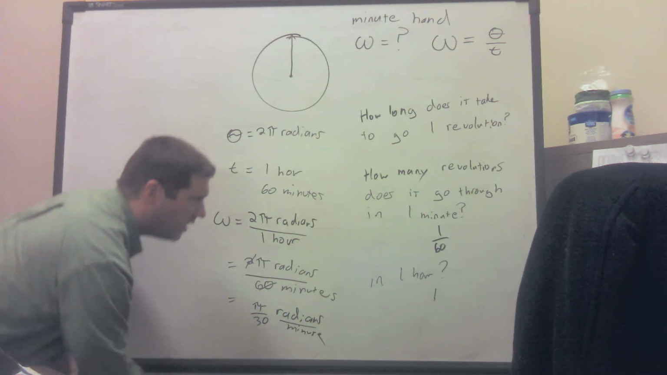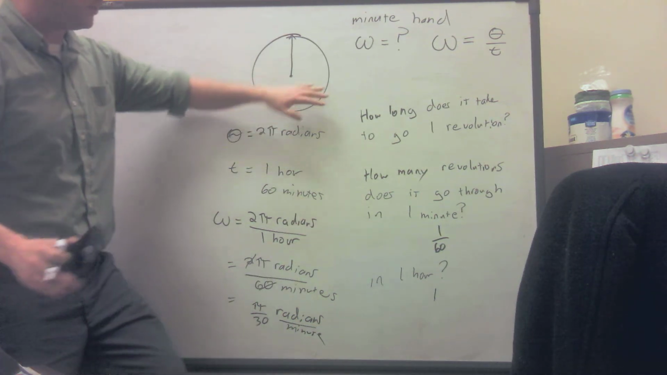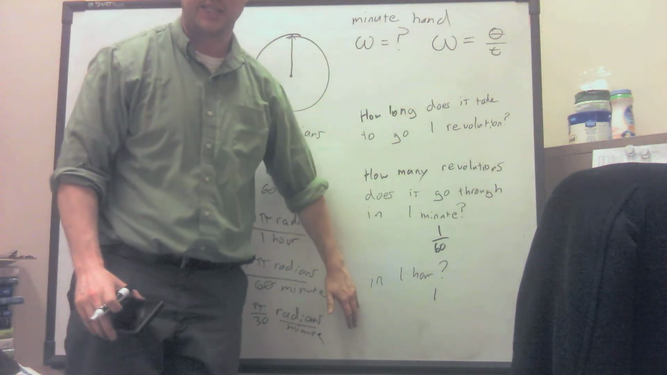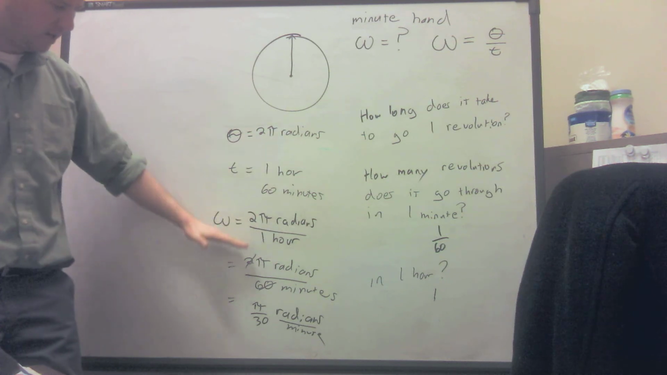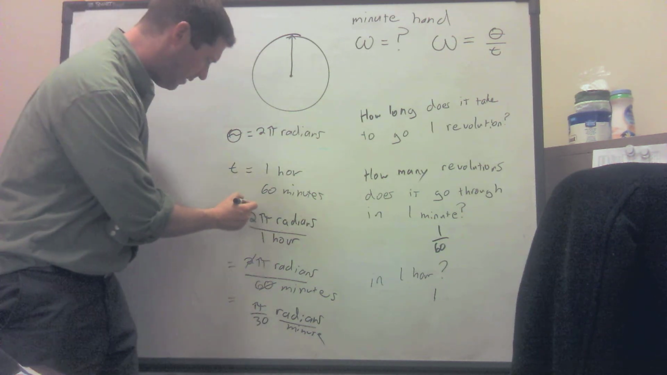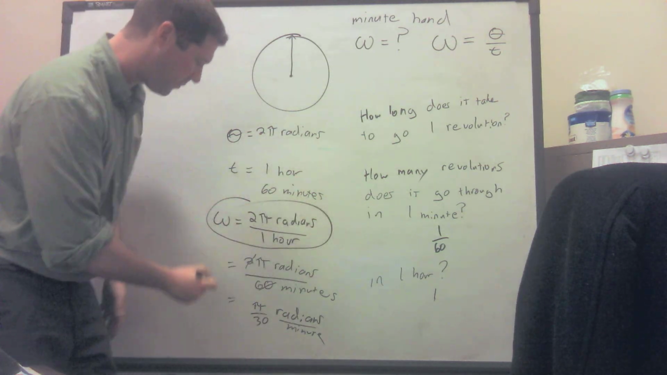So a little bit of discussion about where I could start the problem, and then eventually we have to bring it back around to our angle and the amount of time it took. And then we could write our angle either in radians per hour